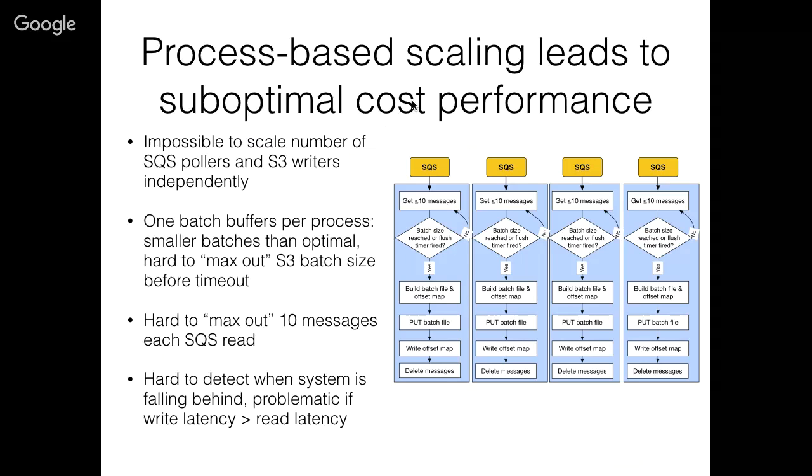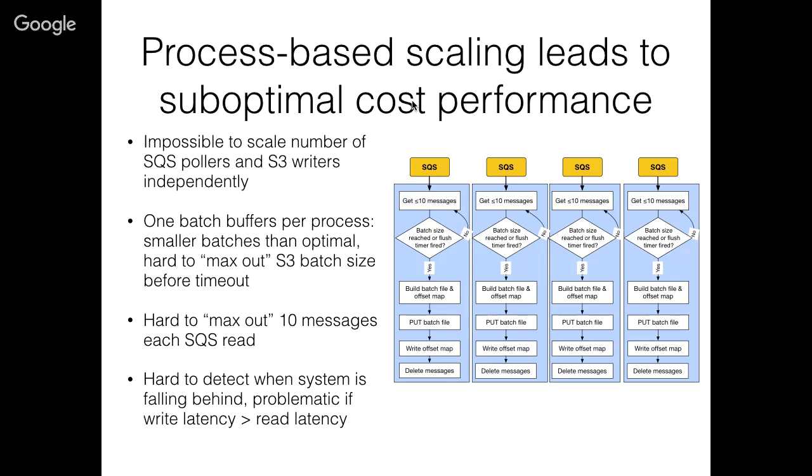And each of the batches were much too small. I could never actually achieve 1,000 messages per batch because I was running 50 of these processes to keep up with the load, so each batch was 50x smaller than it ought to be. I was also not maxing out the number of messages because I was over provisioning writers to make up for the fact that